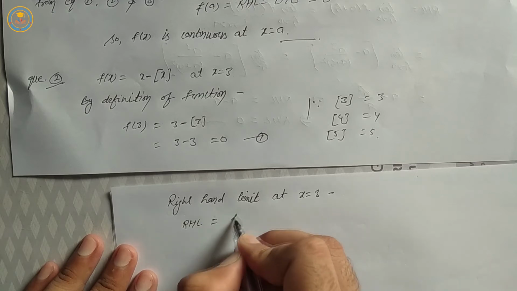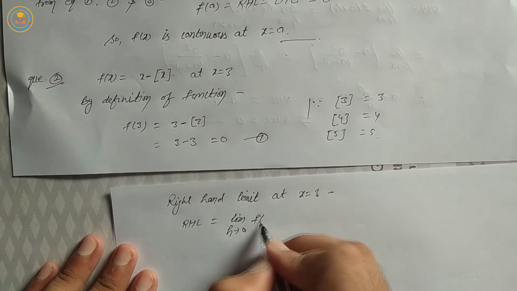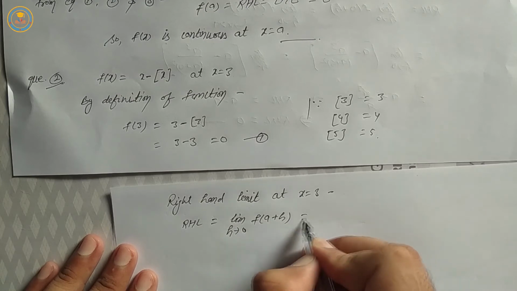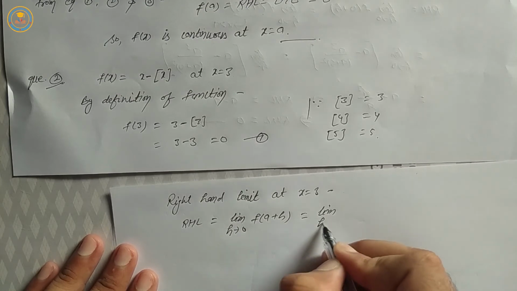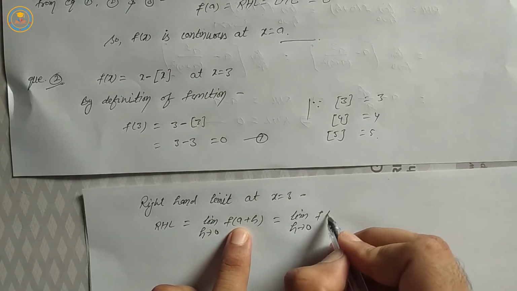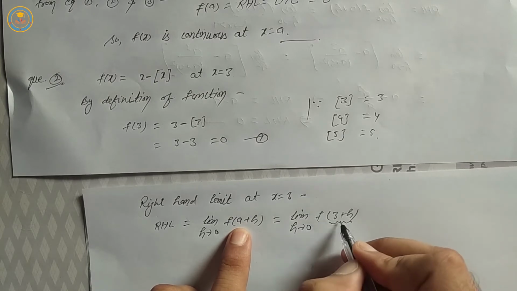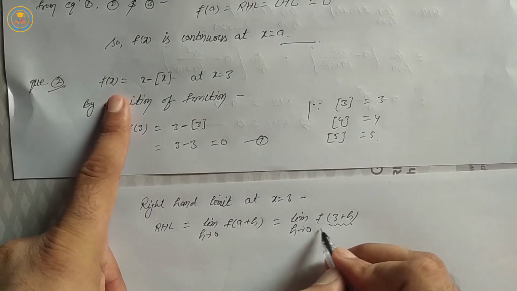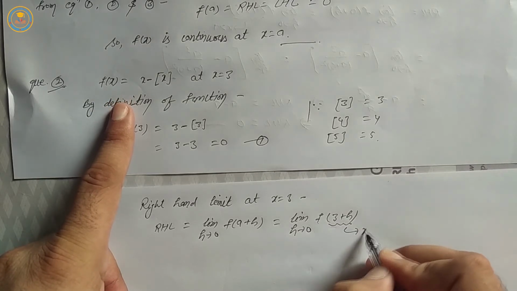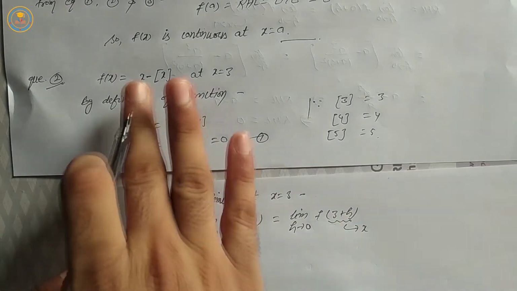RHL is equal to limit h tends to 0 f(a plus h), which is equal to limit h tends to 0 f(a). x is equal to a, it means a is equal to 3 plus h. F of x, according to the question, f of 3 plus h, it means x is equal to 3 plus h. Putting the value of x in the function f(x),